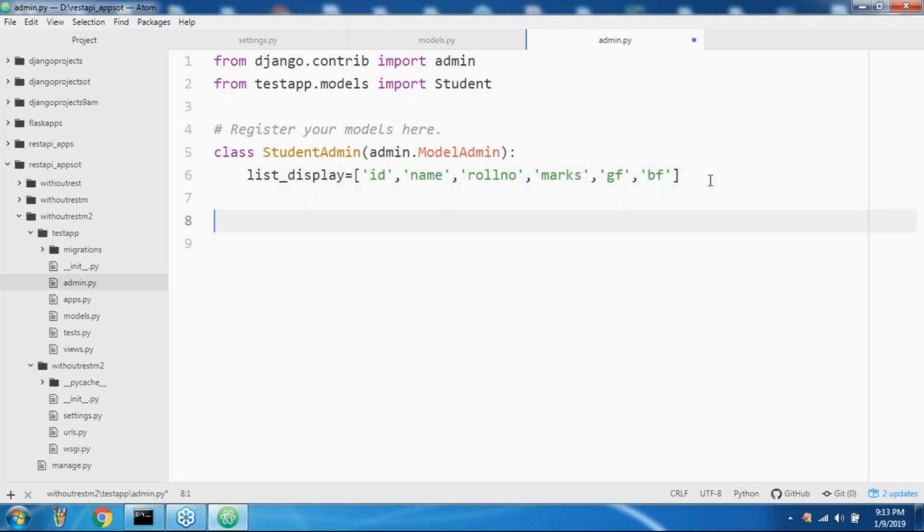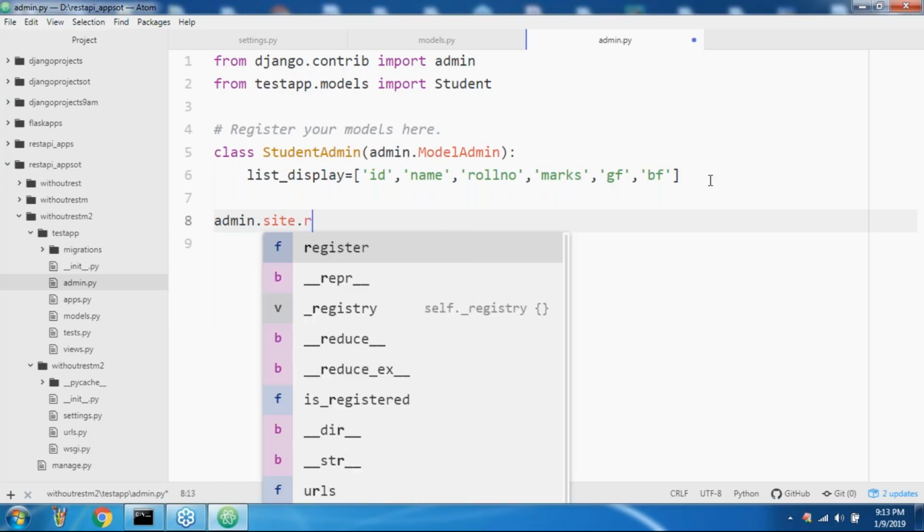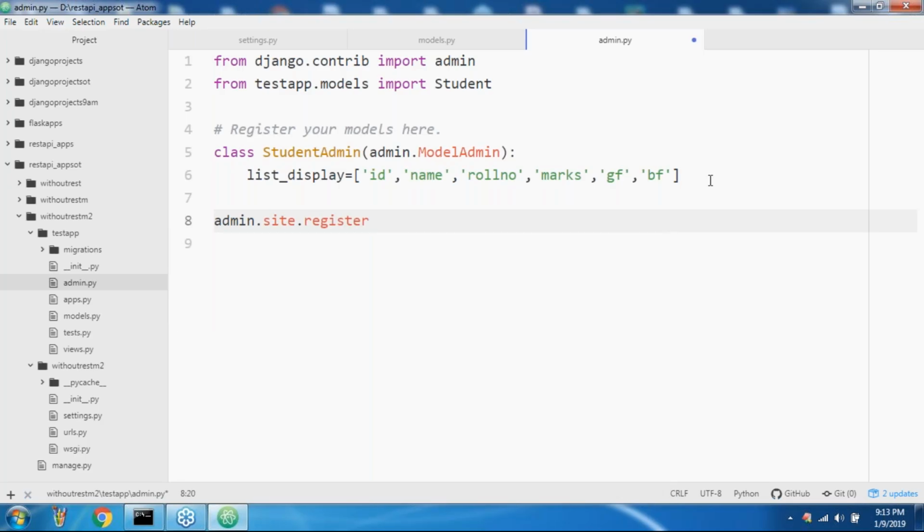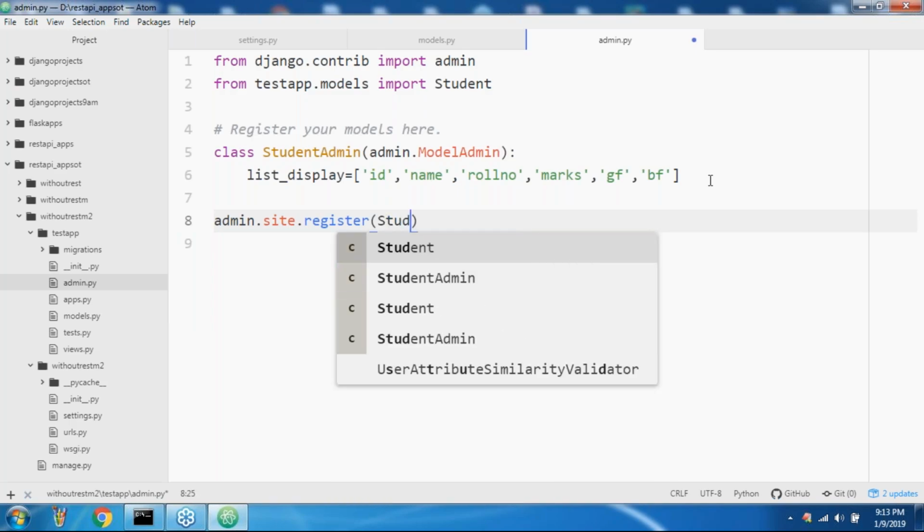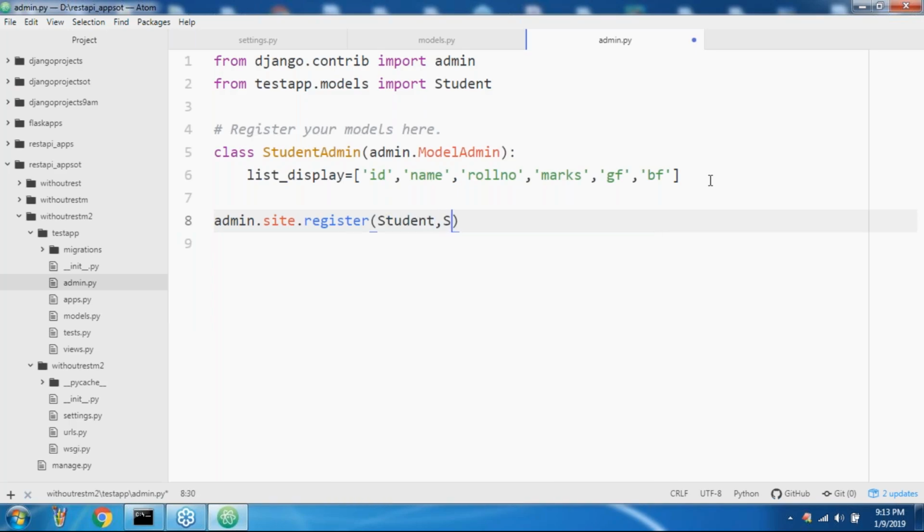Next, admin.site.register, here I'm taking Student, comma StudentAdmin. That's all, so these are the things we have.